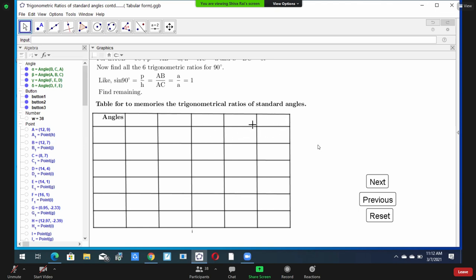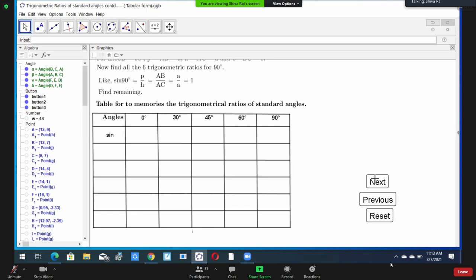You apply this trick, it may be trick or it may be method, whatever. It's very important to memorize. Or idea, whatever you want to say, if you apply this idea or this trick, it will be very helpful. Let's see here. 0 degree, 30 degree, 45 degree, 60 degree.